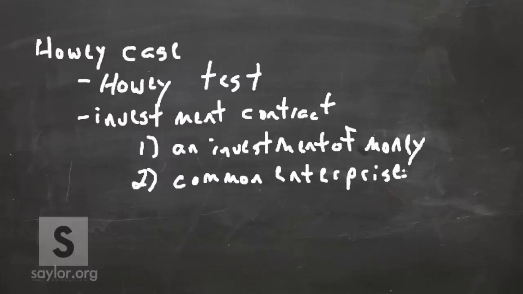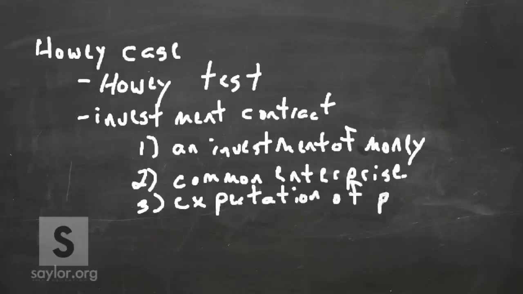So you're investing in a company, either through stocks, bonds, or something similar. Three, there has to be an expectation of profits. You're not just giving the money as charity or a gift. You're expecting money back, and you're expecting that if things work out properly, you'll make money off of this. So there has to be an expectation of profits. All this seems to make sense so far.